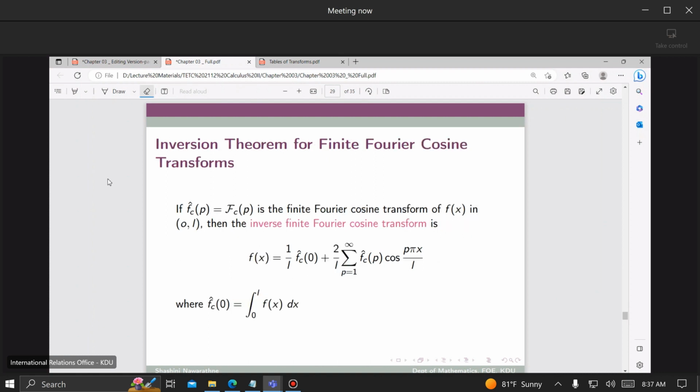Okay, then the way of finding the inverse finite Fourier cosine transform. So if we have a finite Fourier cosine transform of a function, then if you are asked to find the inverse of it, you need to use this formula. In this formula, there are two cases. The first one is